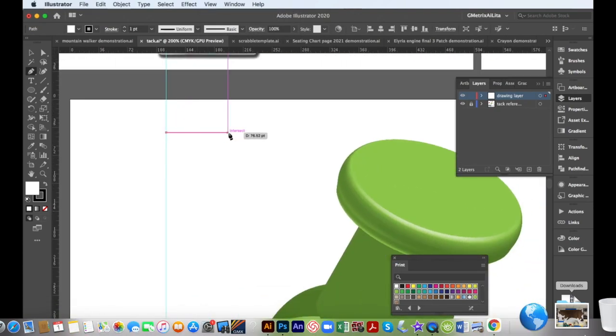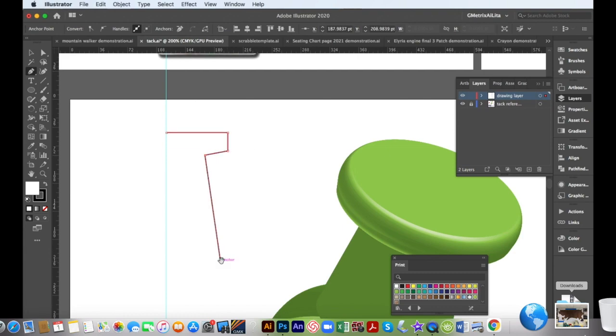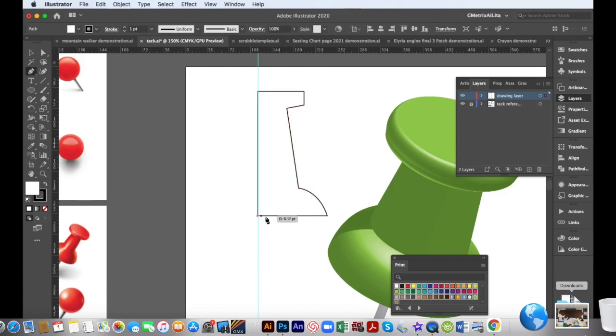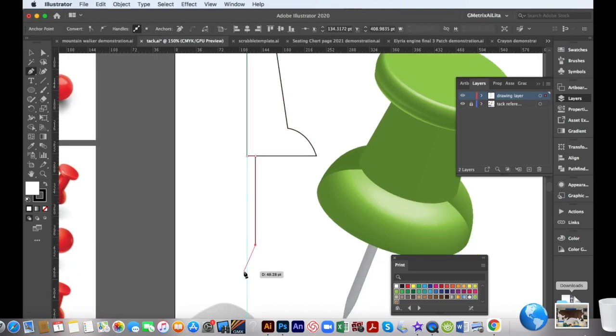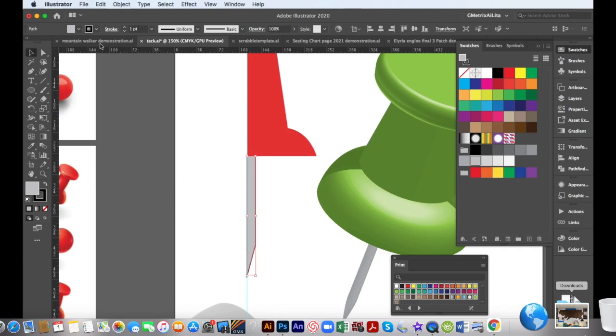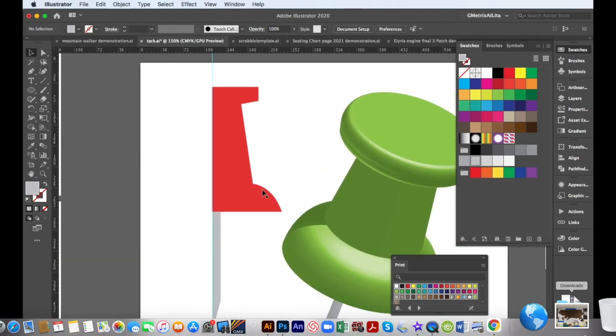I'm just setting it to points in the rulers. Get a ruler guide, and just the pen tool trying to create a profile. It's a symmetrical piece, so you're just trying to divide it in half and come up with an illustration. You can modify it all the way through, and making the metal part separate makes it a little bit easier because you can just select it, give it a color, take the stroke off all the time when you do